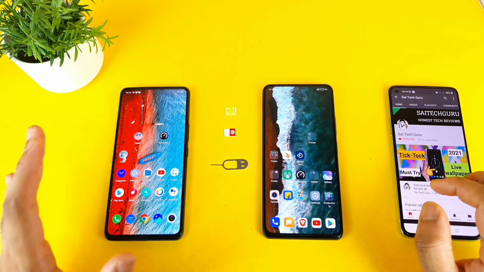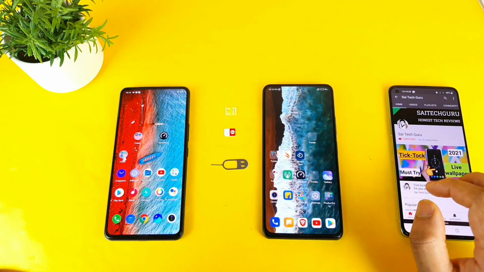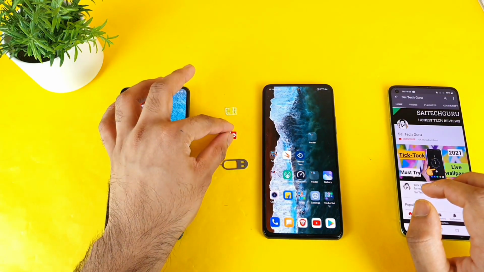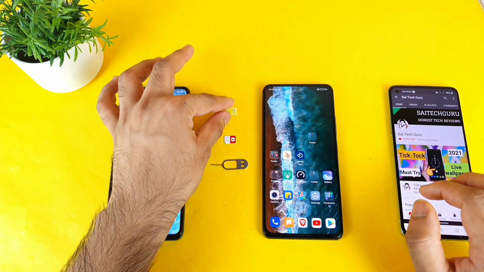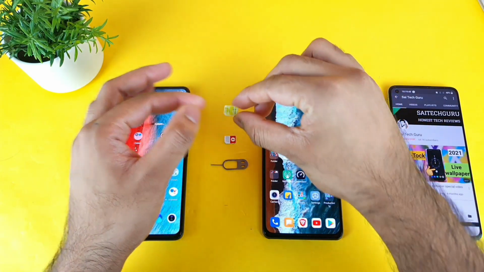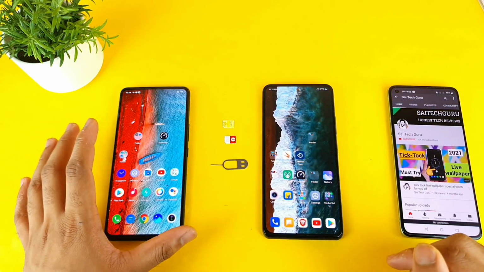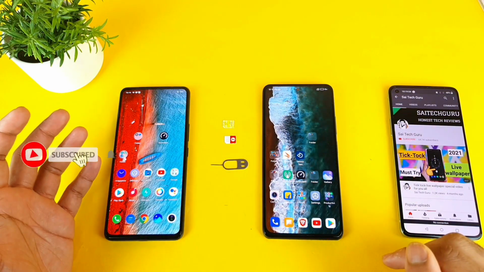In today's video, I'll try to compare both phones, iQOO 7 versus the Mi device, in terms of the 4G data speed test. Right now I have the Jio SIM 4G and another SIM, the Vi SIM card, which is from Idea, as you can see, friends. So there are two SIM cards. I'll use these two SIM cards in two phones and calculate which phone can actually give us better speeds.